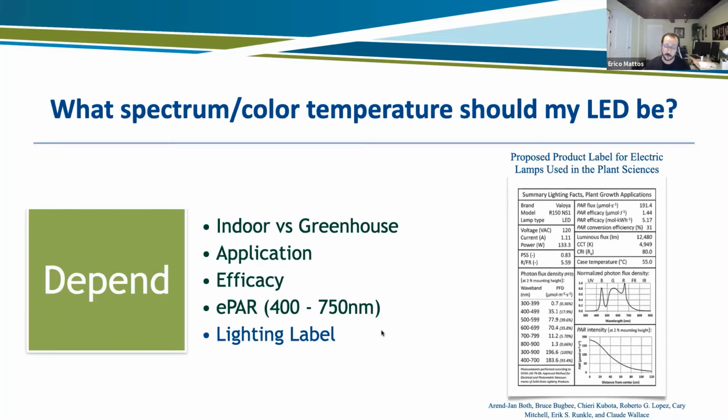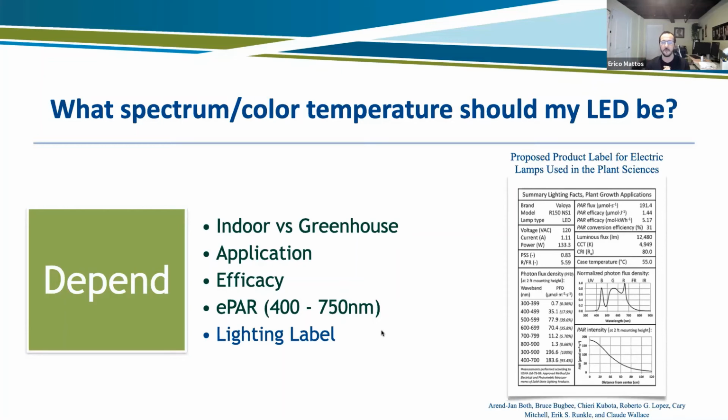What is your application? You're flowering, you're avoiding flowering. It's propagation, you want to keep your plants short and tight. You want to expand the leaves. You want to change the coloration of your lettuce by inducing pigmentation. Think about all these applications. The spectrum plays a big role here. Efficacy. So you're looking into red and blue versus white LEDs. What is the efficacy? Thinking about how many micromoles of light you get per unit of energy.